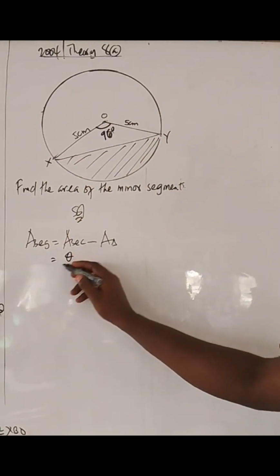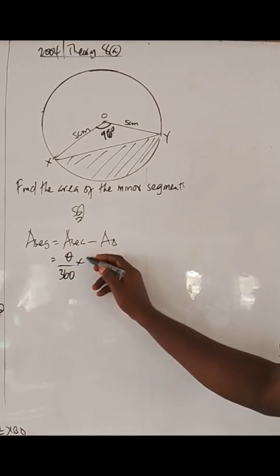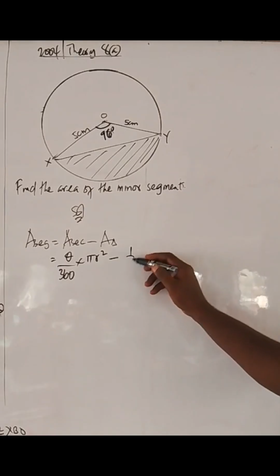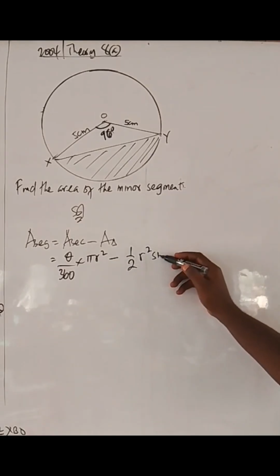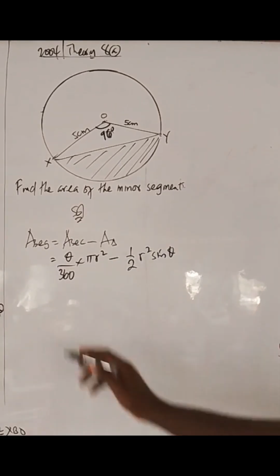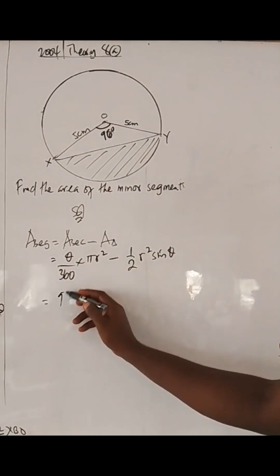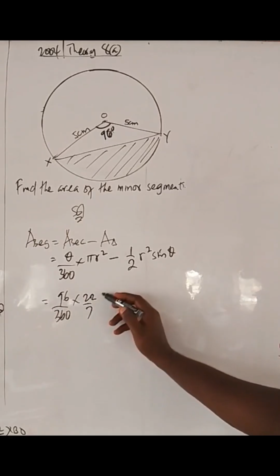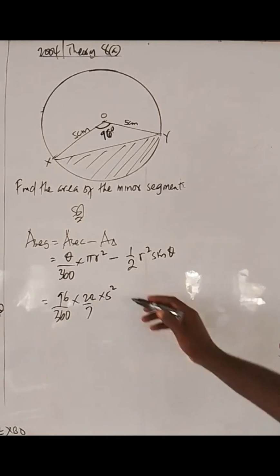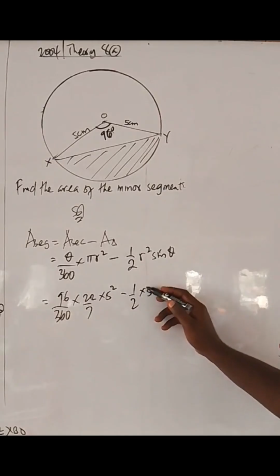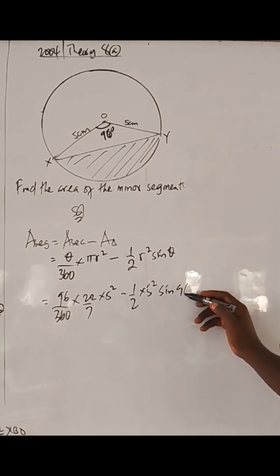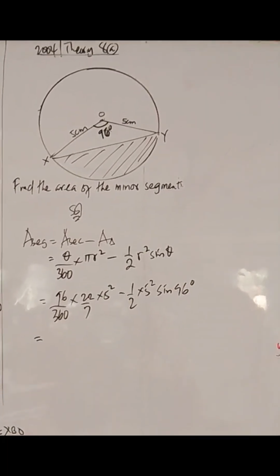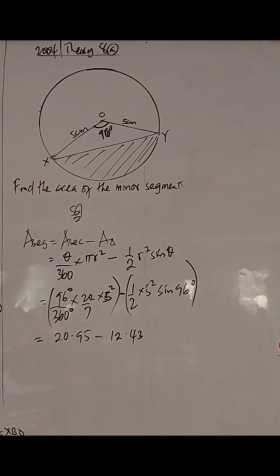The area of a sector is theta over 360 times pi r squared, minus the area of a triangle, which is half r squared sine theta. So the angle is 96 degrees over 360 times 22 over 7 times 5 squared. That's the sector. Minus half 5 squared sine 96. From here, the final answer becomes